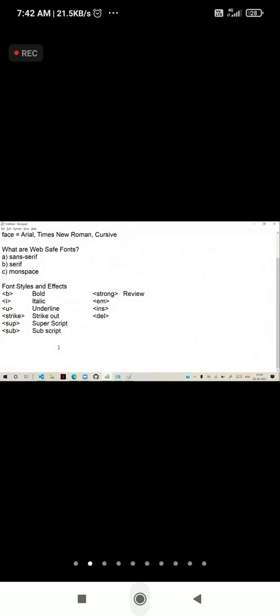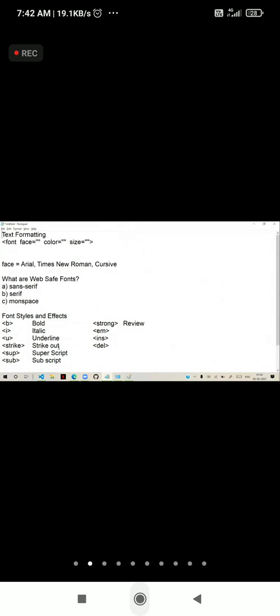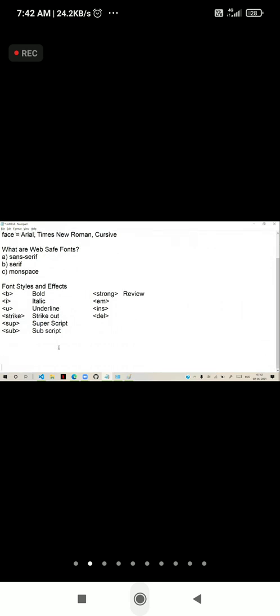These are all font related options, font styles and effects. So we have font with font face, color and size. And we have font styles and effects: bold, italic, underline, strikeout, superscript, subscript. Actually, these are very commonly used in websites.